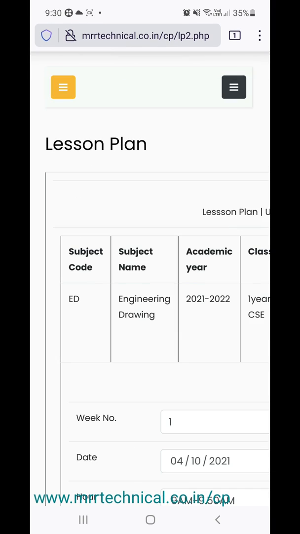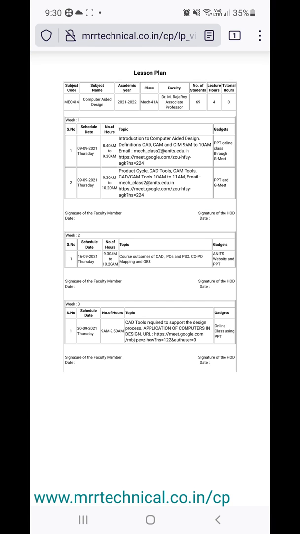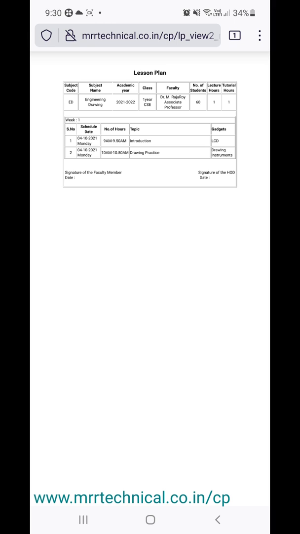Okay, so the entire thing, if you want, you can take a print like this. You just go to the print view, everything will be displayed here. Okay, you can take any lesson plan and you can take the print. If you want, you can just copy this and paste this in MS Word, and you just do some adjustments and you can take the print. Okay, that's why this particular view is very clean. You just use Ctrl C for copy, Ctrl V for paste in MS Word, and do some modifications, slight formatting you can do, and you can take the print.